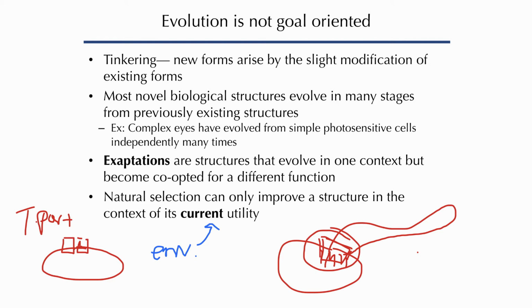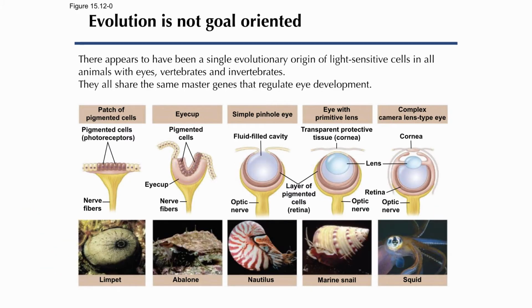And then later, they were co-opted and they became an exaptation because then they started being used for gliding and then flight, and flight became an advantage. But initially, the feathers were not around, quote, for flight. Nothing arises for something else. It just arises, and then it depends on the environment and what else is there as to what function is going to be performed and what it's going to select for. And here again, not goal-oriented. So it looks like